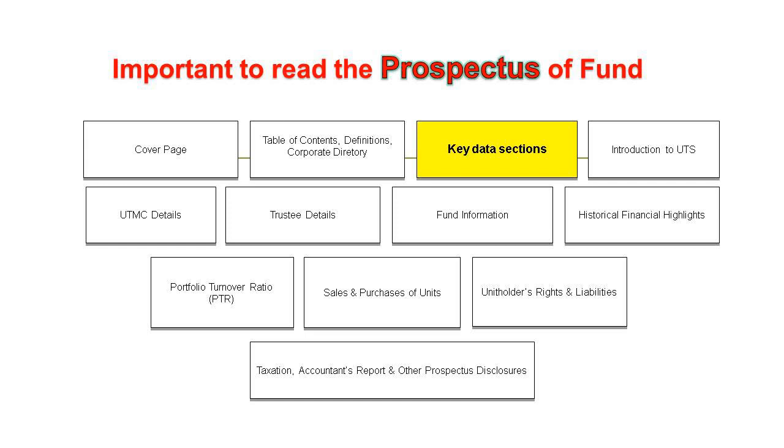Now PTR is a formula called portfolio turnover ratio, to measure how actively the money is being bought and sold. I will show you the formula later. And the other one is the sales and purchase of the units: how the units are being bought and how the amount of money is calculated. We'll go through the formulas later. Next, what are the rights and the liabilities of the unit holder? What you can do, what you must pay. Plus the taxation. How does tax affect your investment?